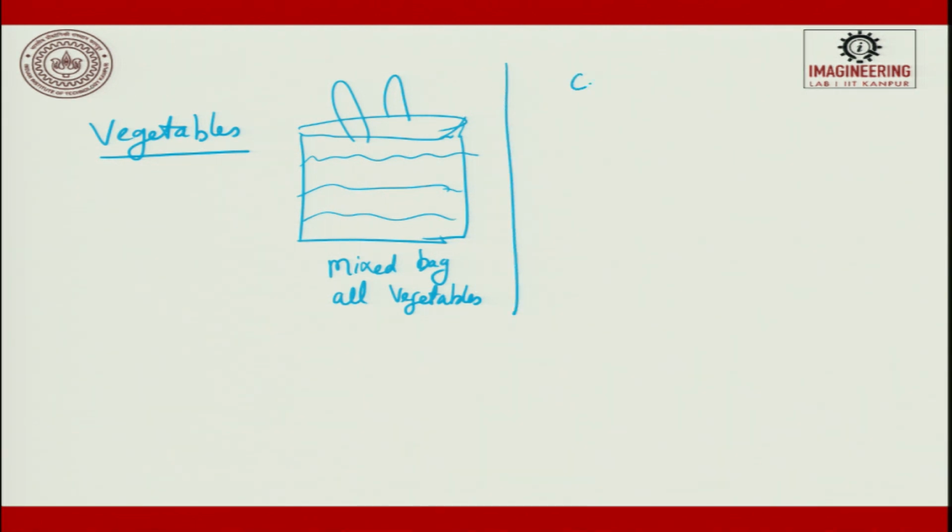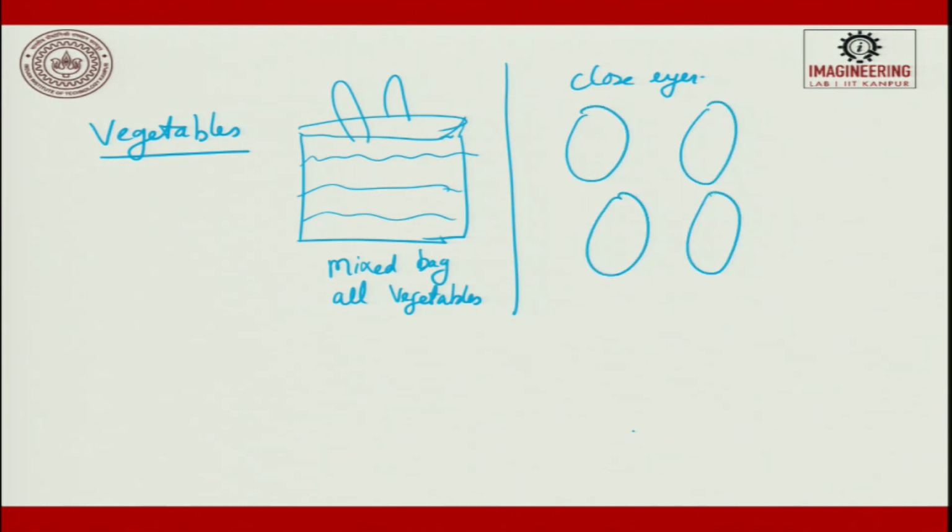Now you close your eyes and just by touch feel and smell feel try to form different types of grouping. That means to say vegetables of similar size, similar shape and aspect ratio. So, you should form groups. Close your eyes, just by touch and smell you can follow this, and after doing it you open your eyes,